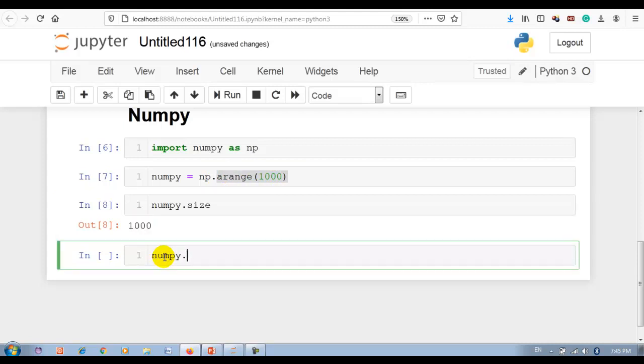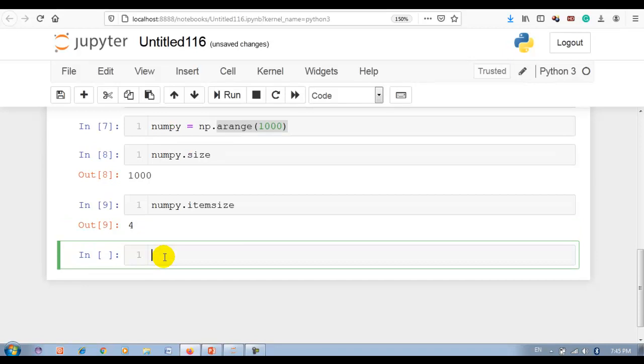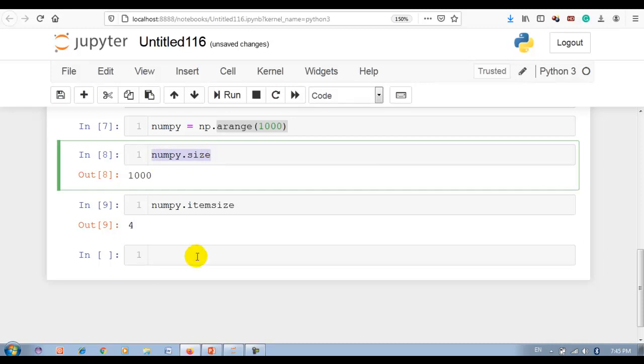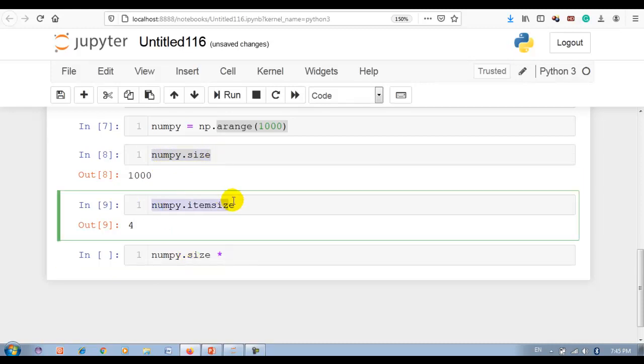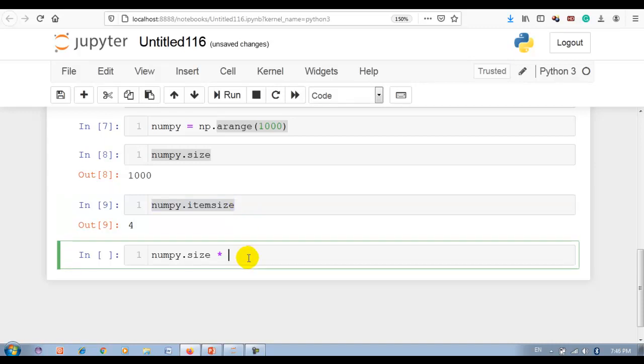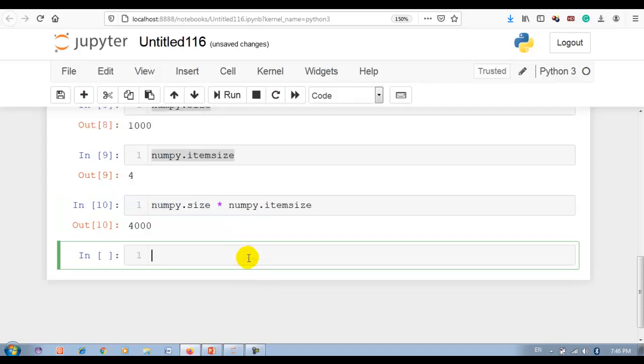Now numpy dot itemsize. So itemsize returns the length of one element in bytes. So NumPy required 4 bytes to store one element. So now let me again multiply this size with itemsize. Now you can see total 4000 bytes.